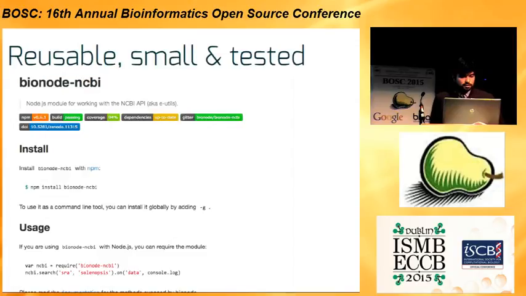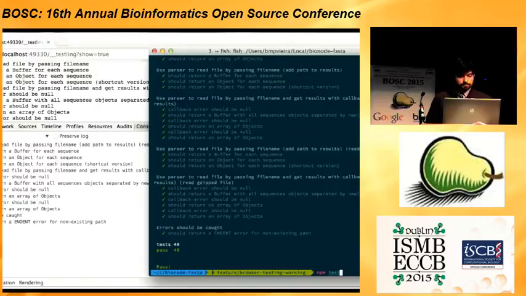So I started writing some JavaScript code as small modules, small tools. I've put everything on GitHub. It's all MIT licensed, so you can do whatever you want with it. Has tests, continuous integration. And the cool thing with JavaScript is that you can also run it on the server or on a shell. So using a tool called Node.js, you can run the exact same code on a browser